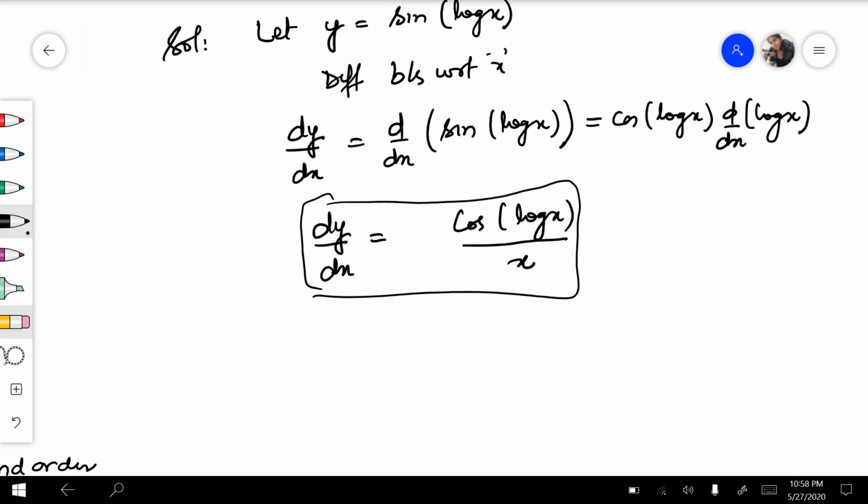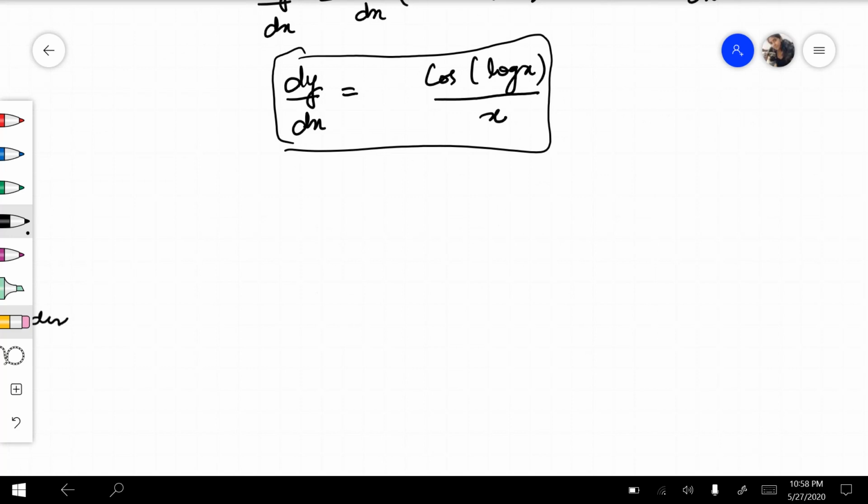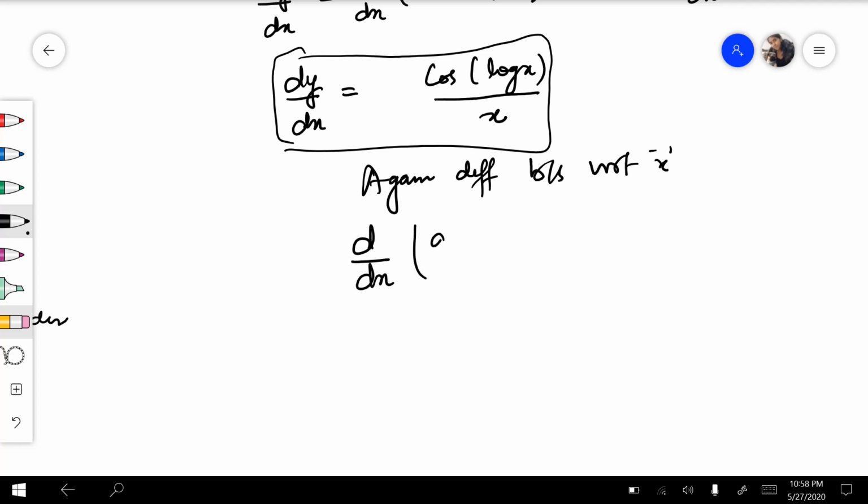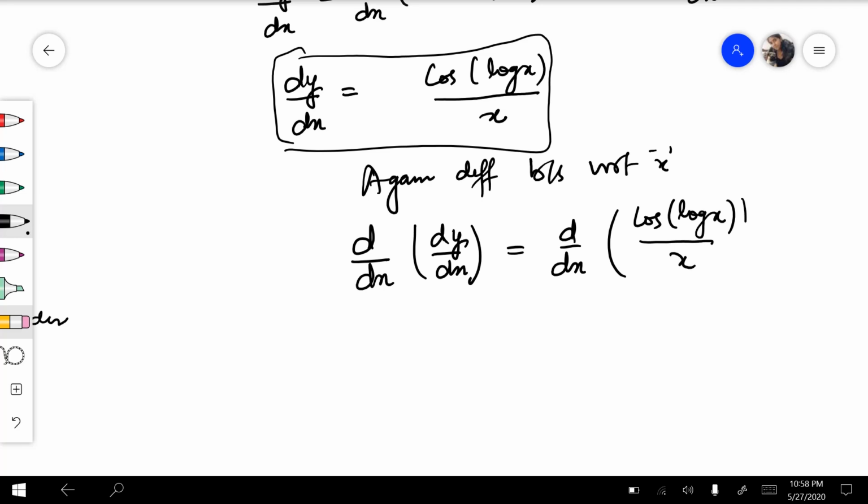नाउ इसको फिर से डिफरेंशिएट करेंगे विद रिस्पेक्ट टू x. अगेन डिफरेंशिएट बोथ साइड्स विद रिस्पेक्ट टू x, सो दैट हमारे पास सेकेंड ऑर्डर डेरिवेटिव आ जाए. dy upon dx का डिफरेंशिएशन विद रिस्पेक्ट टू x is equal to d by dx of cos of log of x divided by x. लेफ्ट हैंड साइड पे हमारे पास आ जाएगा d2y अपॉन dx स्क्वायर इज इक्वल टू,